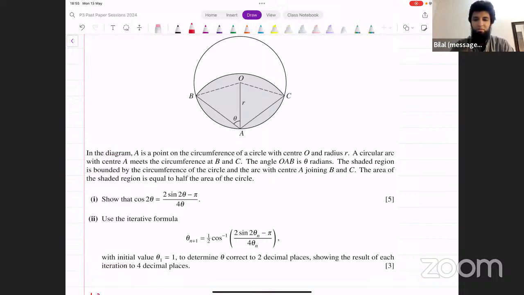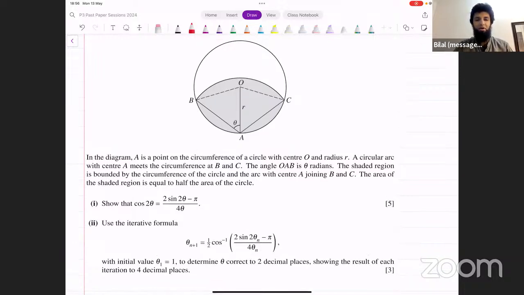Circular measure comes very frequently in iteration. You sometimes end up getting a sequence concept as well, and then trigonometry, differentiation, integration. Of course, you're supposed to know that anyway. Somebody was asking me a couple of days back about whether you may have to find areas or volume of revolution. Well, of course, that just means that you haven't done enough integration practice for paper 3, because anything that you have done in paper 1, differentiation, integration, trigonometry, even some function concepts,